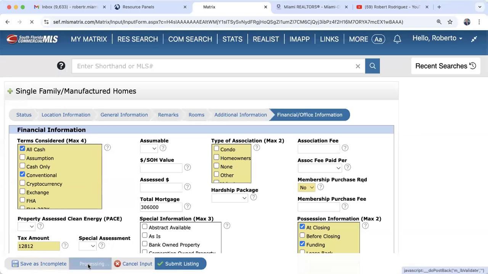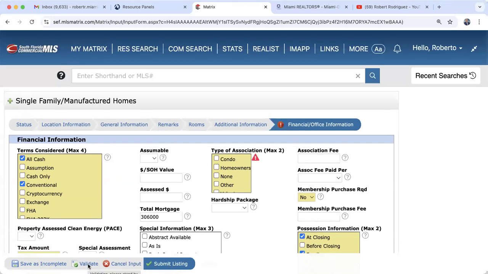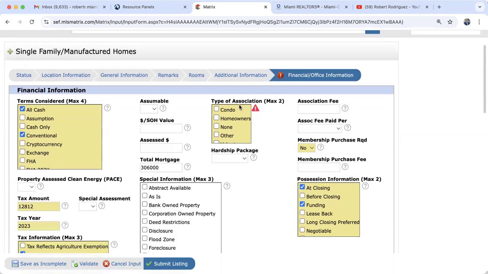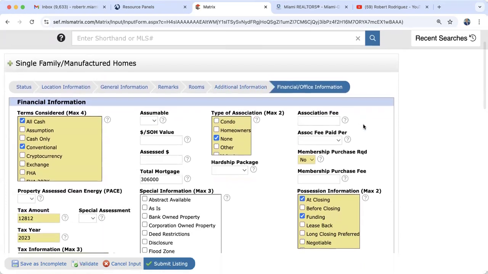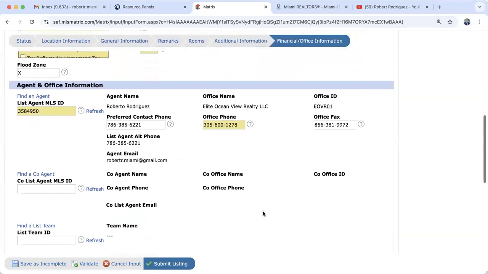We're going to go ahead and click on validate. And we have one mistake. One mistake in this page in the financial office information. So what mistake is it? It's here. I forgot to check this, right? So it's none. Click on validate, and there are no red markings at all. That means that I successfully entered all the information for this listing, and now I am ready to click on